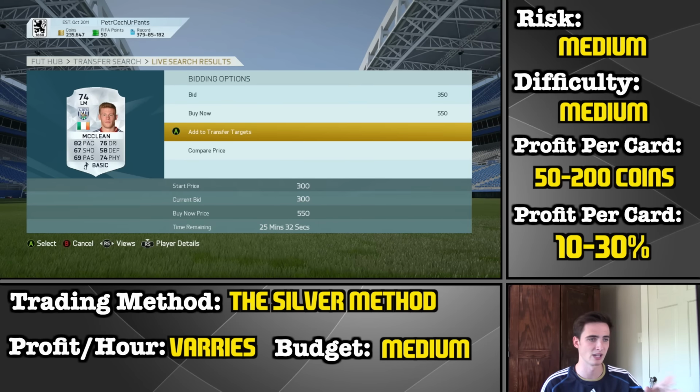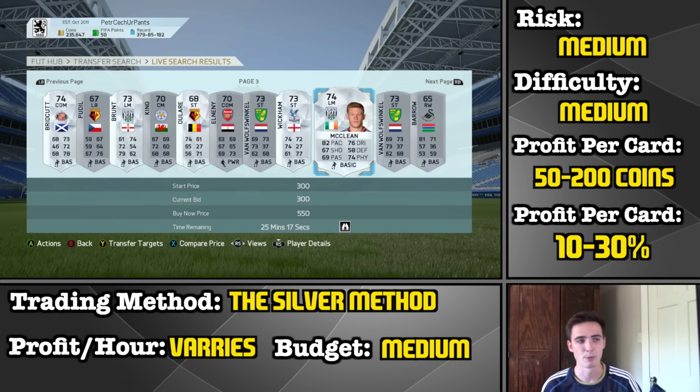So this was an example. He's, I think, going for 500 coins if I can remember correctly. So if I can get him for 400, obviously I'm going to be making a little bit of profit. So I'm going to go ahead, add him to my transfer targets, and once I've done that, I'm going to